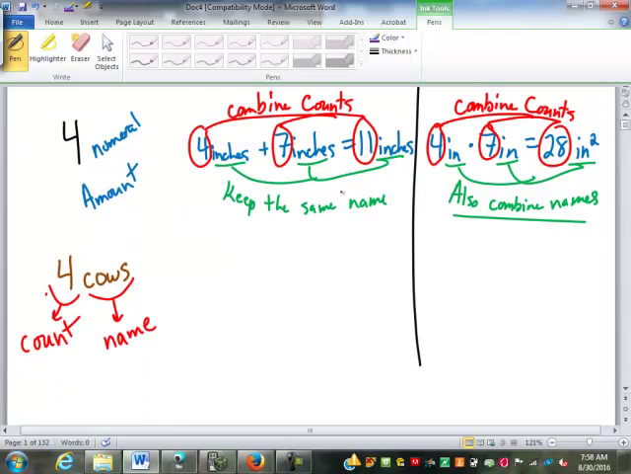For example, let's say we have 3 cows plus 5 boys. Does that give us 8 cowboys? No, it doesn't work that way, does it? How about if we go the other way? 5 boys plus 3 cows. Does that give us